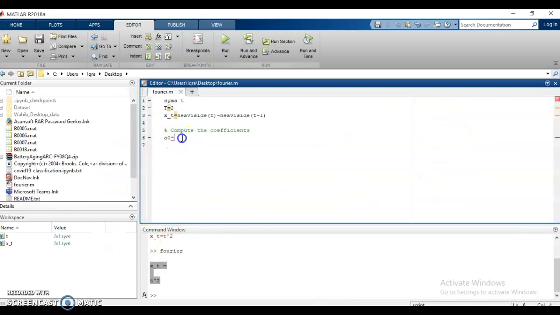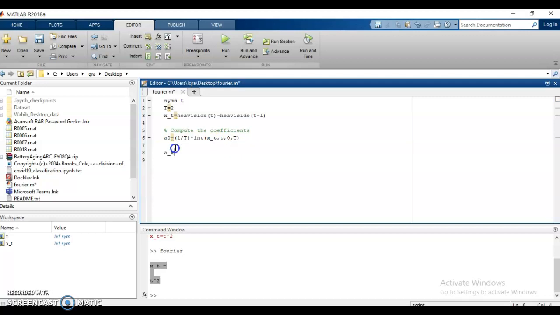For computing a naught, we have to multiply 1 by T with an integral. As we are using the syms command, we can integrate x of t with respect to t from 0 to capital T using the built-in command. We don't need to get into any other details, and we can compute the coefficients like this.